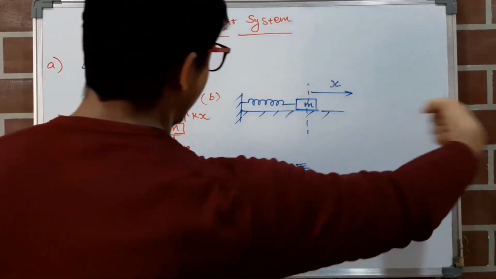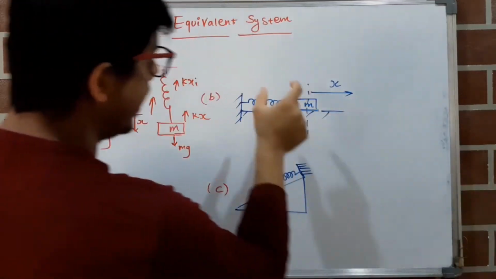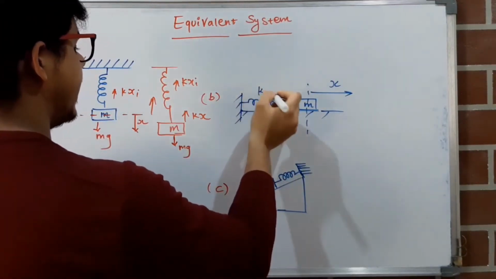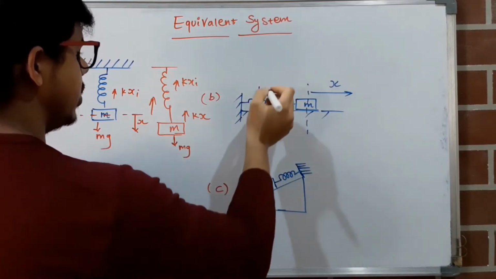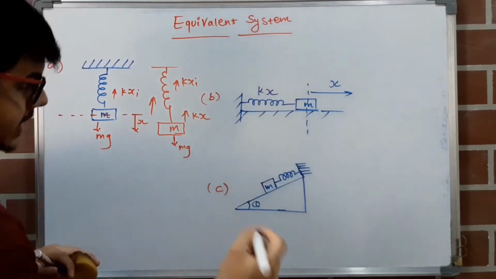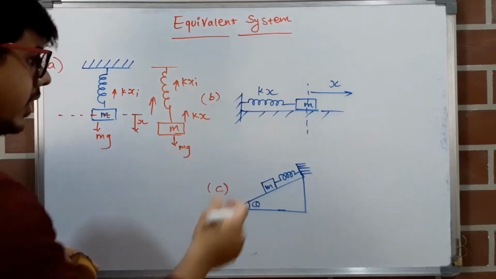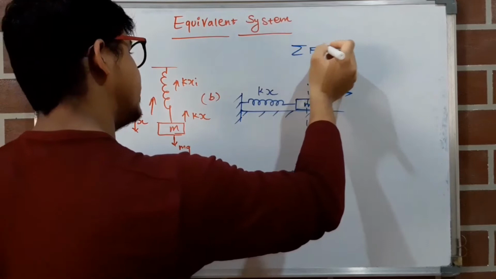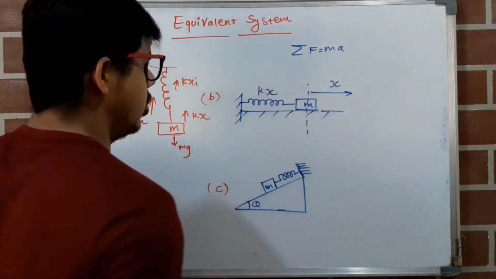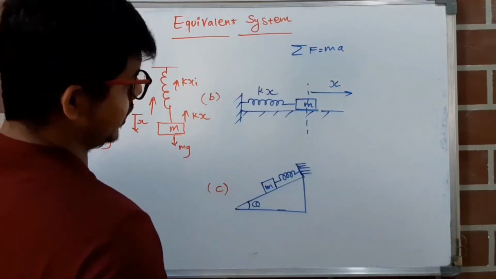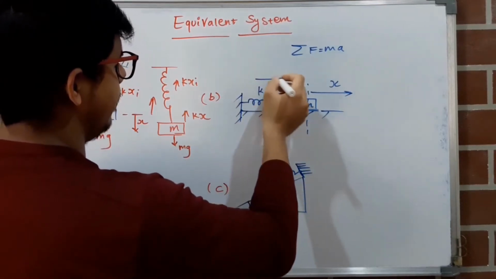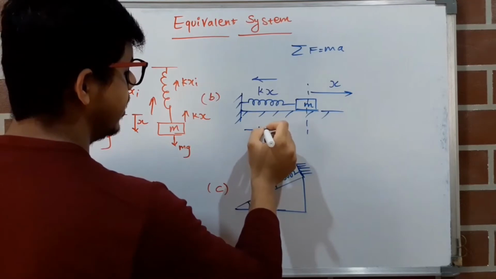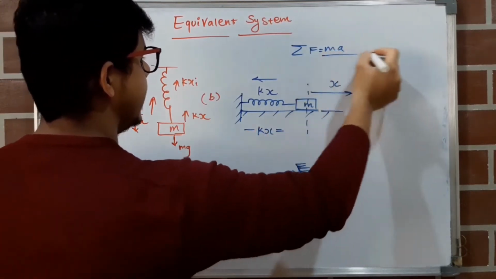So when we pull this spring, तब इसमें एक restoring force generate होगा. वो कौन सा होगा? Let k be the stiffness of the spring, so it will be k into x. k into x जितना एक restoring force generate होगा. So हम equation क्या लिखेंगे? That is summation of F equals to ma. So what will be the summation of forces? Only one force is there, which is in the opposite direction to our displacement. So we will write negative, that is, minus kx equals to this inertial force.